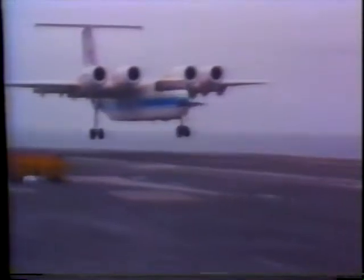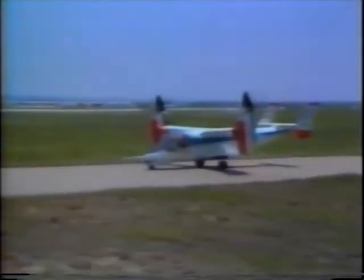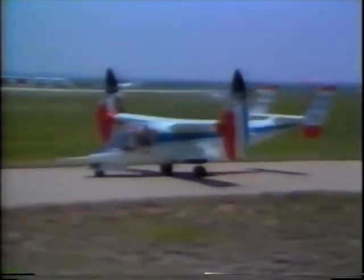This was the first time a 4-engine jet transport ever operated from an aircraft carrier at sea. In the future, the technology from the quiet flying QSRA may also help improve transportation services to many airports with very short runways. The XV-15 tiltrotor is another research aircraft that shows promise for both military and civil applications,